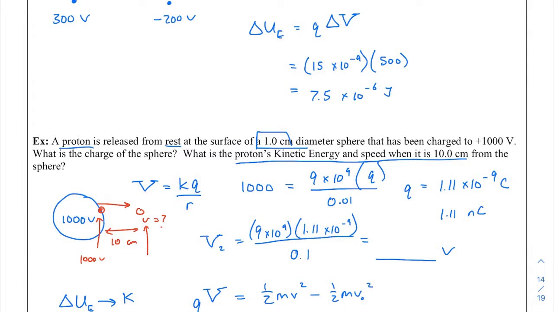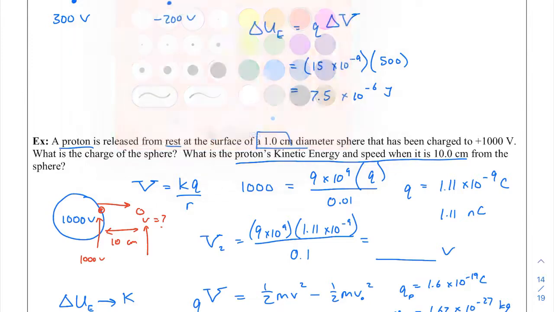A few things that you know: the charge of a proton is 1.6 times 10 to the negative 19 coulombs. The mass of a proton, you might remember, it's on your equation sheet, is 1.67 times 10 to the negative 27 kilograms. You know that this thing starts from rest. And so you're essentially trying to figure out what this kinetic energy is, and then once you have that value,